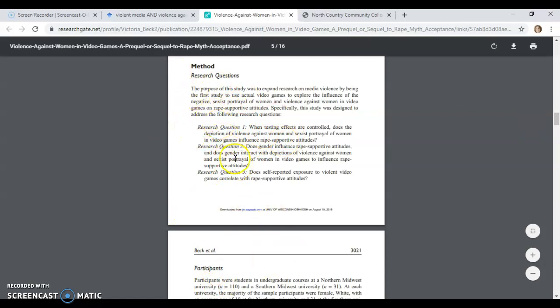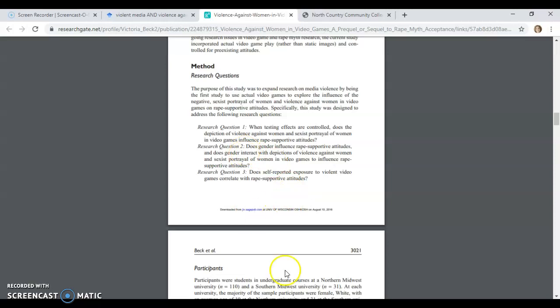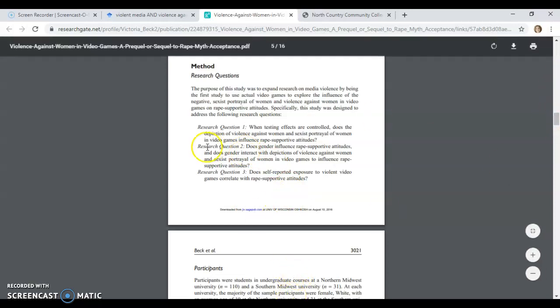Now, see, in this case, they have all these different research questions. Just pick one of them. Just pick one and report on it. I don't need to know about all the different questions. Just pick one. So, question 1 was looking at, do depictions of violence against women in video games influence rape supportive attitudes? So I would go through and I would